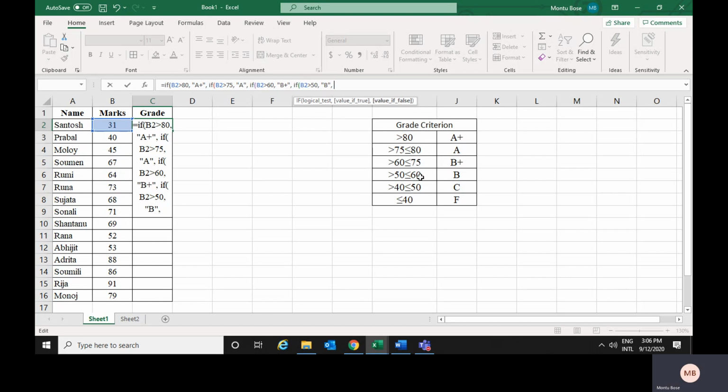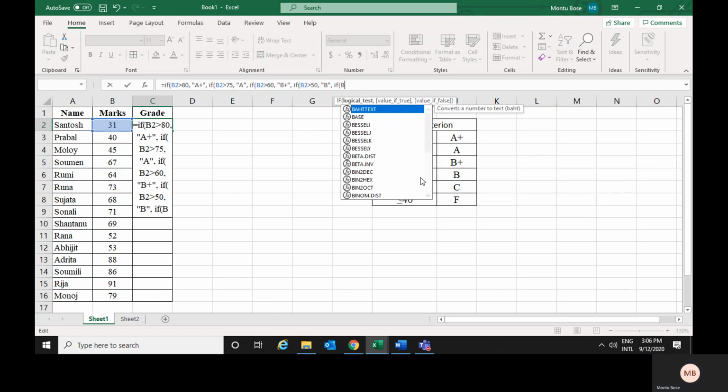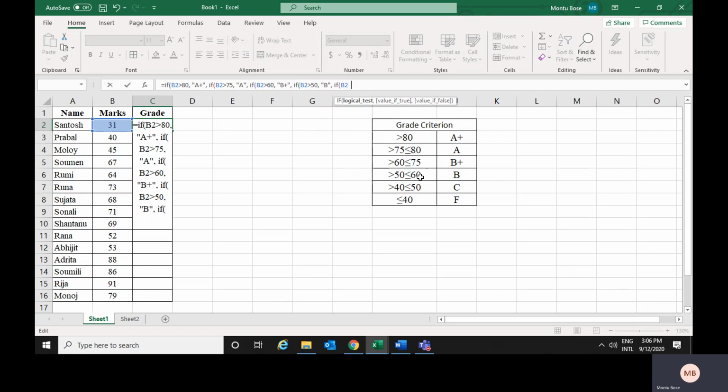If it is not true, then the next criteria would begin: if B2 is greater than 40%, and if it is true, then the grade would be C. And if it is false, then we don't have any other criteria. If none of this happens, then the grade would be F. And this is the F grade.